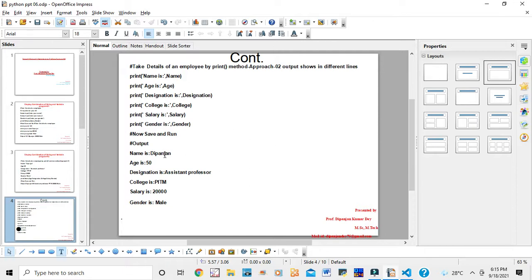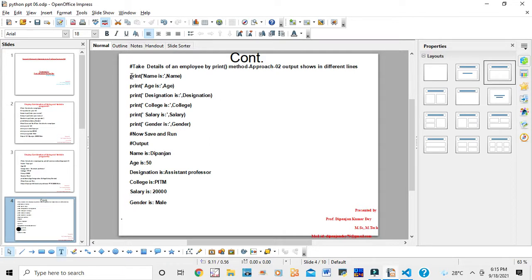Here I want to see name is Deepanjan, age is 50, designation is assistant professor, college name is PITM, salary is 20,000, gender is male. So that is in different lines. You see, the output shows in different lines.